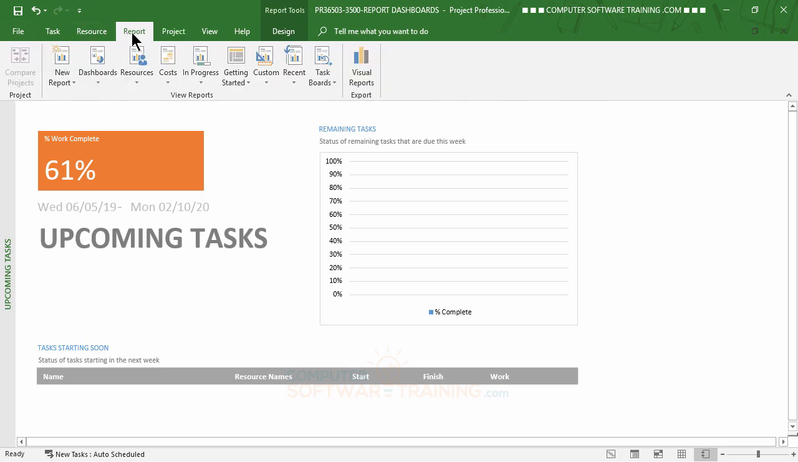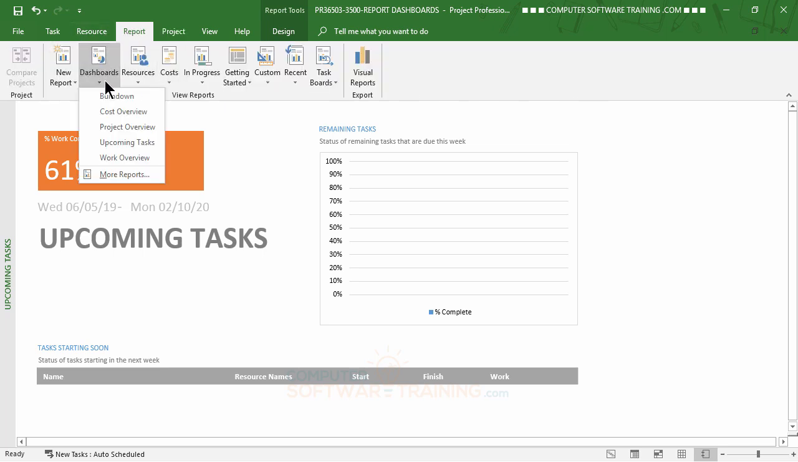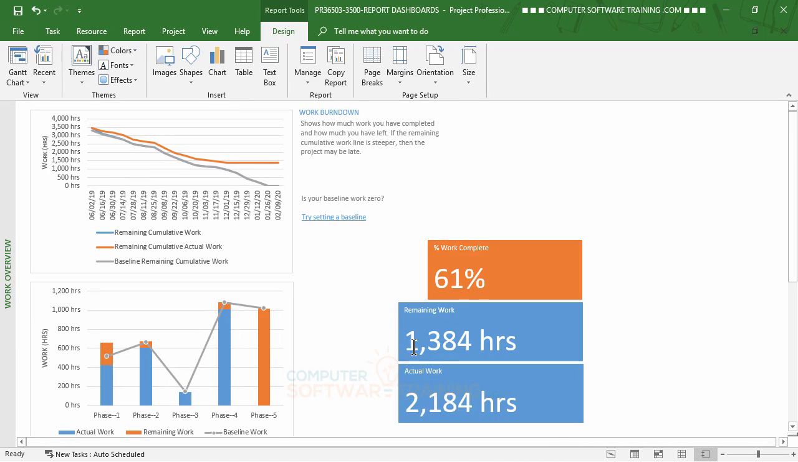Oop, I'll go back in there again. And we've got the work overview. And that's interesting too. Again, these are the kind of reports that are great to print out or to send to somebody that is just interested in getting kind of up to date information about the project and so forth. So